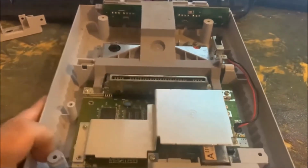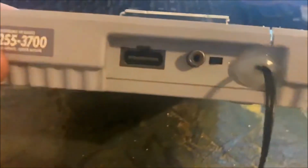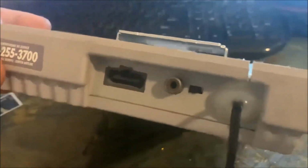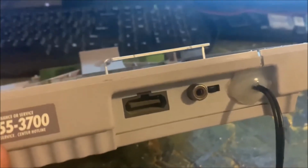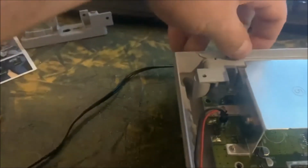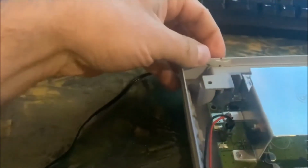Alright, now I have it almost completely back together again, and I decided to add some more hot glue here on the cord to help further reinforce that so that cord can't get yanked out of there. And there's the slit I had to cut to get the cable into the shell. And as you can see on this side over here, I put some hot glue across there to reinforce that as well, so it's not loose and moving around. And you can see the hot glue here on this cable